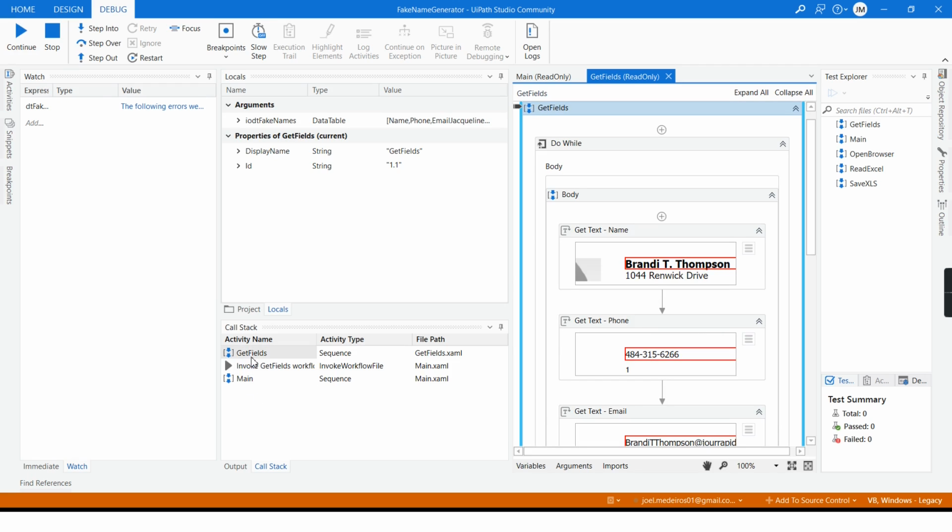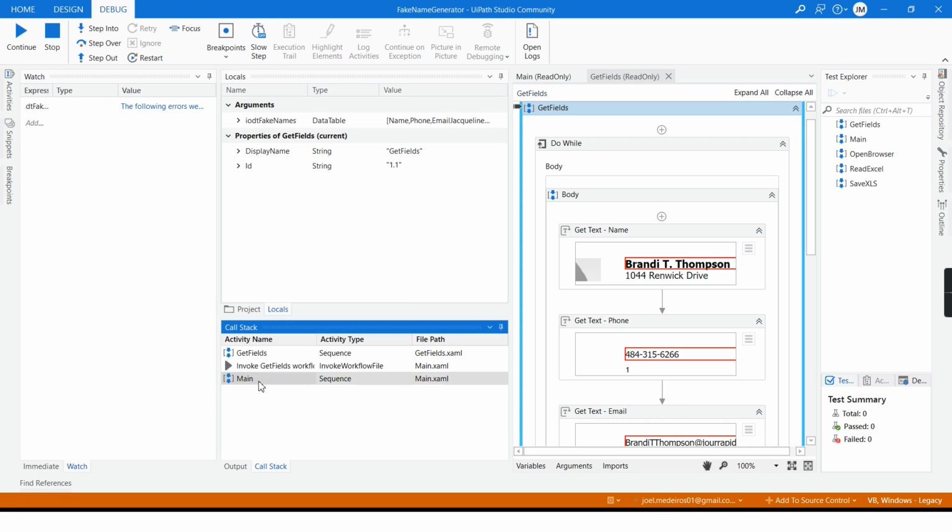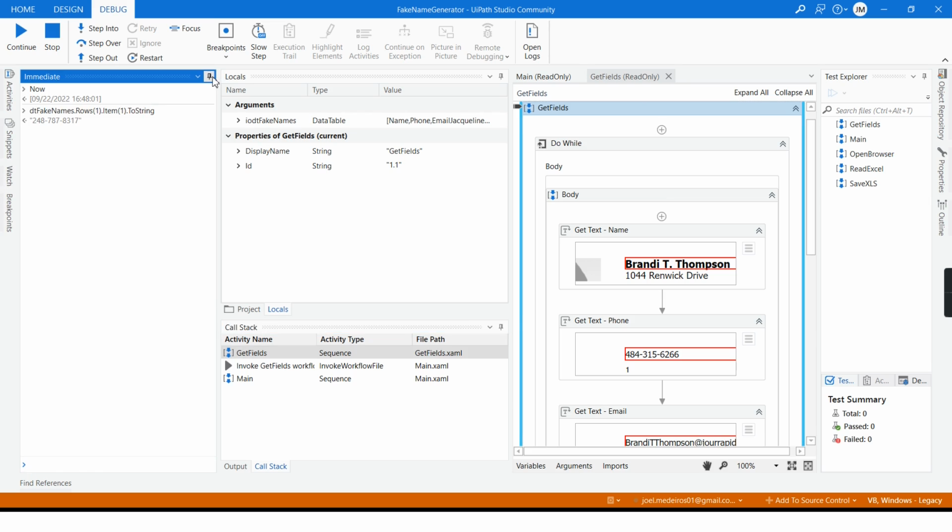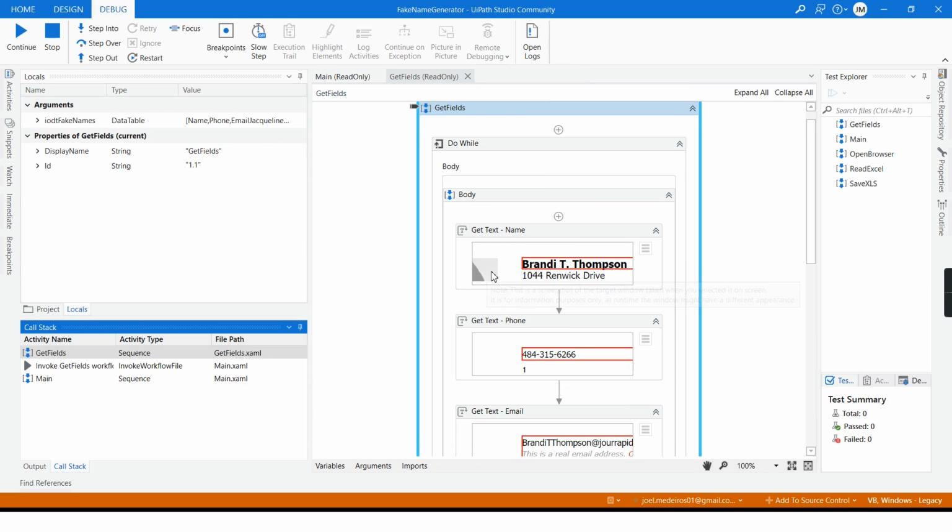And now you can see that I am inside of get fields, but I have previously went through main workflow. That means the top level is the main workflow and the bottom level is the sequence, is where I am right now. I will minimize these two options here, so then I have more space.